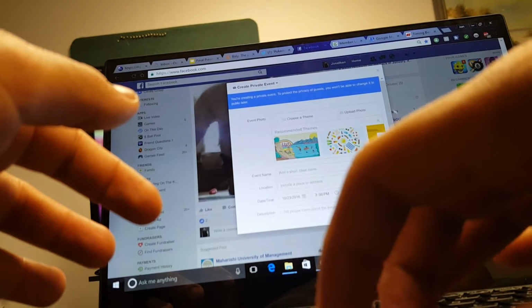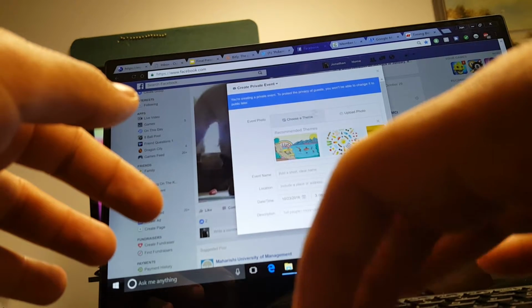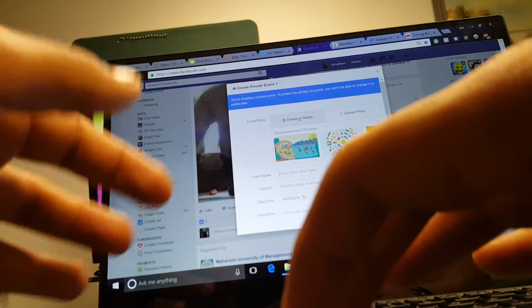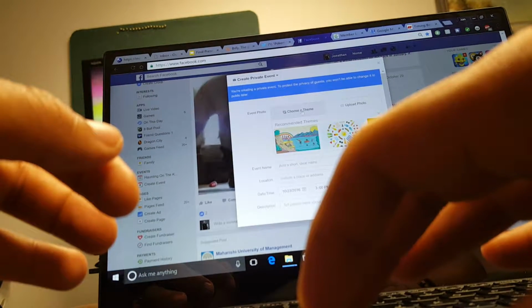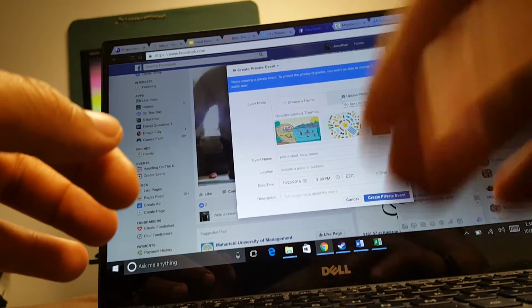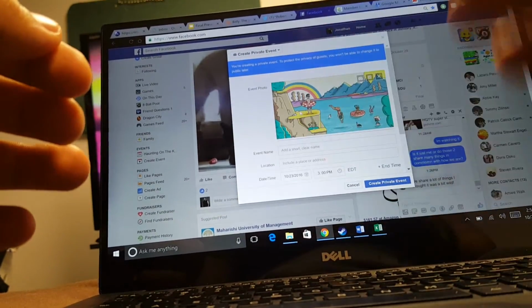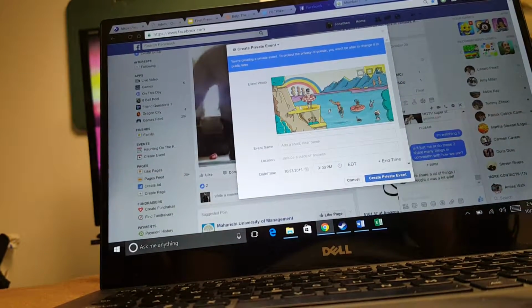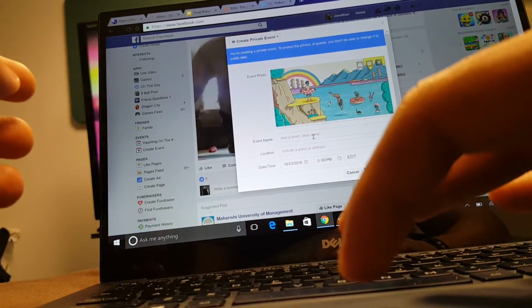So just to start off, I'm going to show you how to pick the event's theme that you want to use. Everyone has the option to use either a theme that Facebook gives you, or you could even upload a picture of your own for the event. So say you're hosting a beach day or something, you could just do something like that theme right here where you have a beach theme or a lake theme going. I'm just going to leave it as a theme because I don't have an uploaded picture, but I can go into talking more about